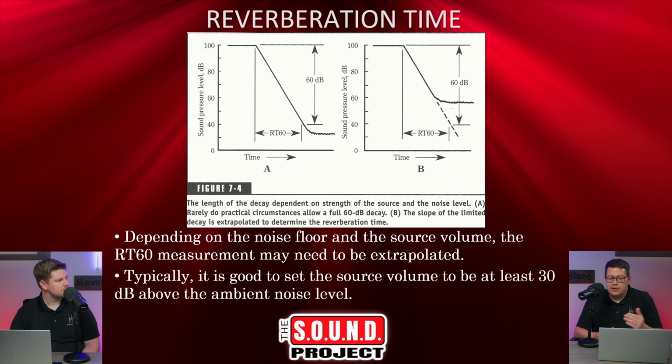So sometimes what we end up doing is just going as loud as we can, and then assuming that the reverb is like a linear decay, we can extrapolate and figure out what it would have been if we had 60 decibels of drop. And so you can extrapolate that out and predict what the reverb time would have been if you can't get your signal 60 dB above the noise floor. So that's